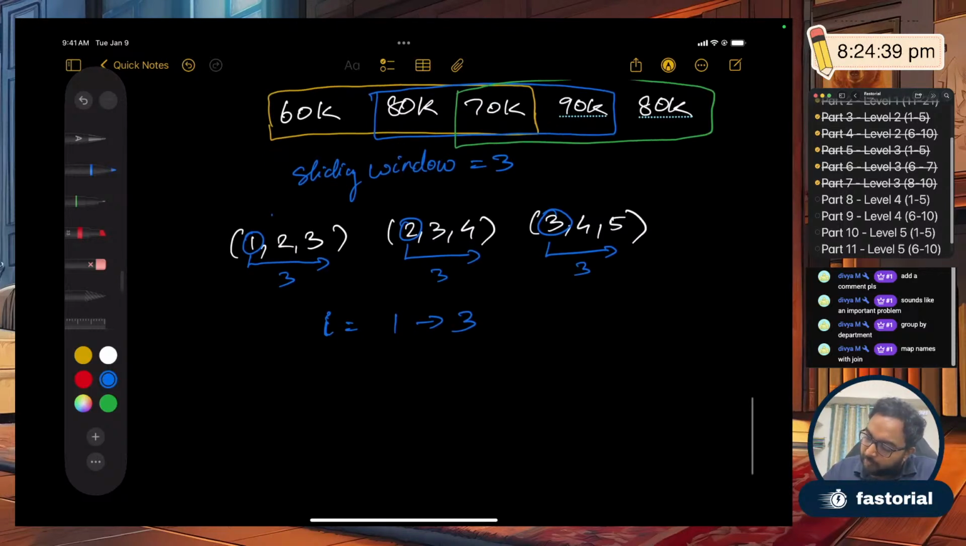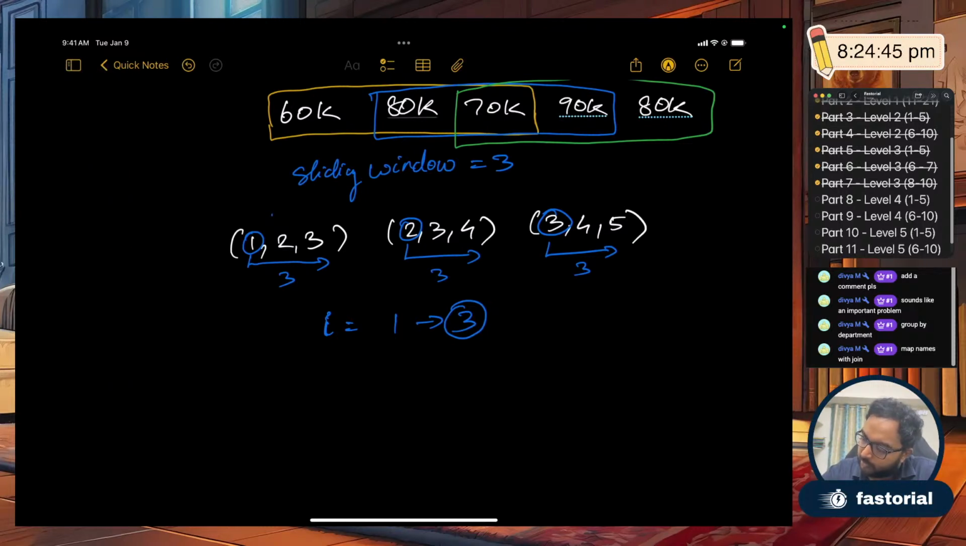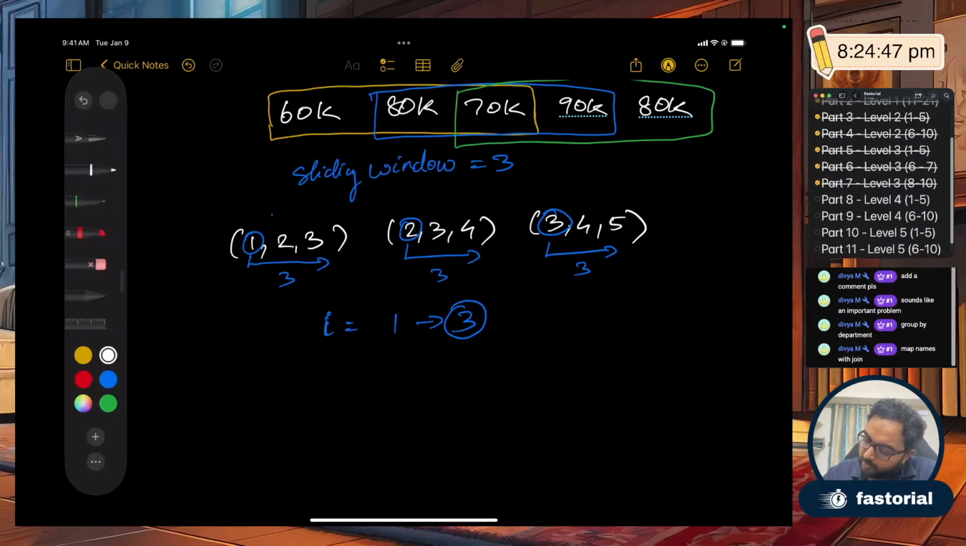Now how do I come up with this number 3? That is our k already. This 3 is k. So what should I do? So i is equal to 1 to k, right? That is all I have to do. Now if I do that,